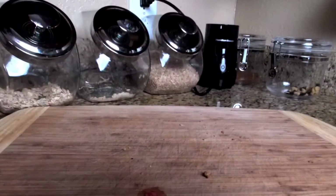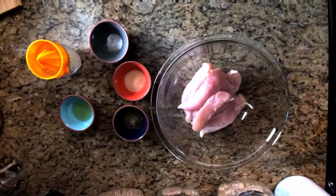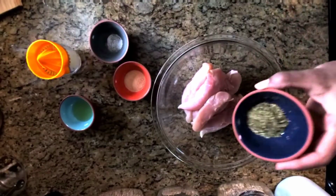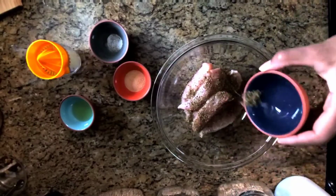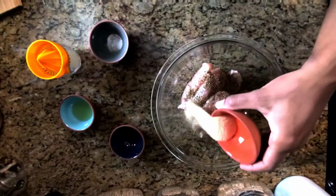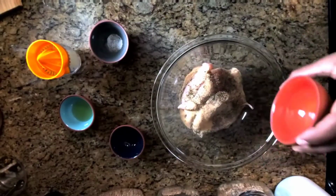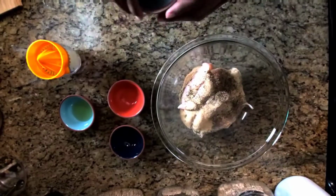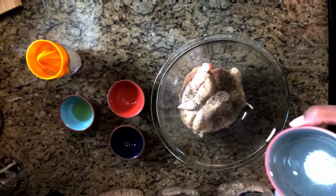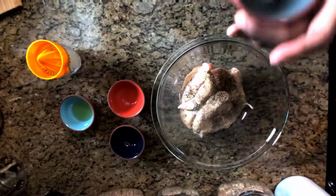Now, moving on to our Greek chicken bowls. So I use 1 pound of boneless, skinless chicken breast tenderloins. I added 1 tablespoon of garlic, 2 tablespoons of oregano, salt and pepper to taste. I used 1 teaspoon of salt and half a teaspoon of pepper,